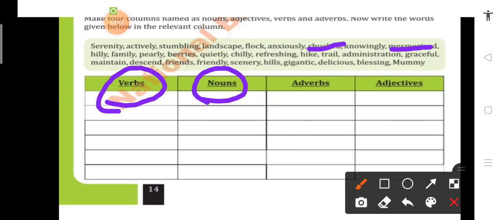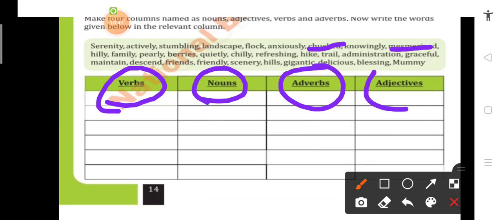Got it? तो noun किसी भी चीज़ का name होता है. Got it? And then adverbs. Adverbs are those words that modify verbs. तो ये verbs को modify करते हैं, उसको मज़ीद explain करते हैं कि एक action किस तरह से perform किया गया. So how an action is performed, like the words that are given here, anxiously, actively. Okay, so these all are adverbs. So you have to write such kind of words in this column, right?